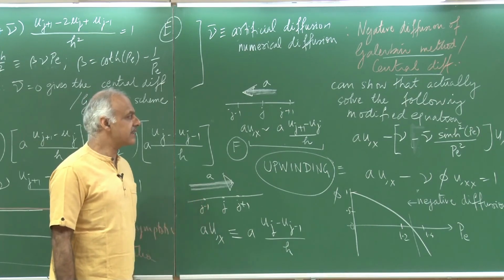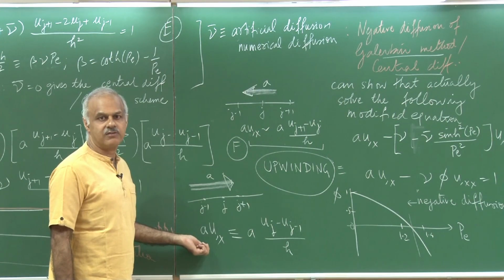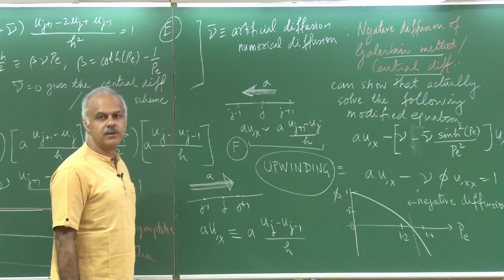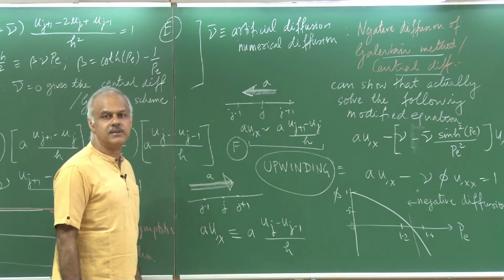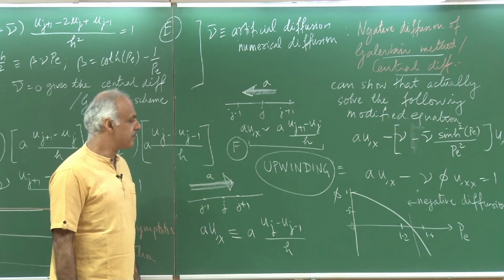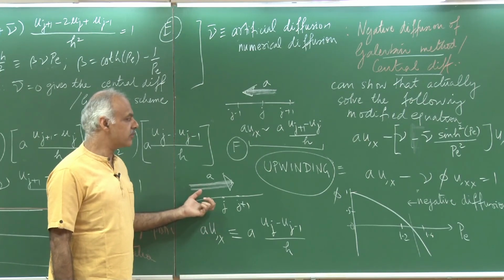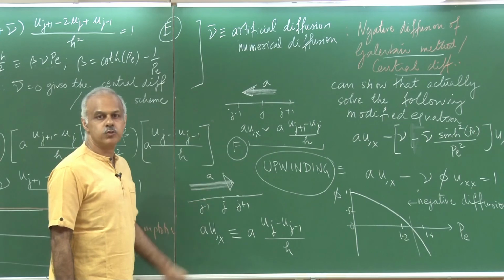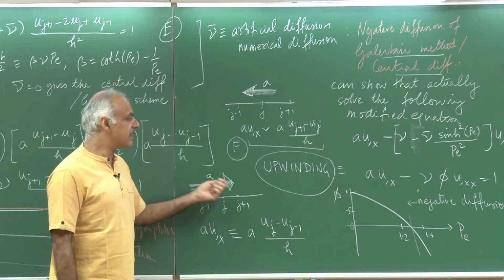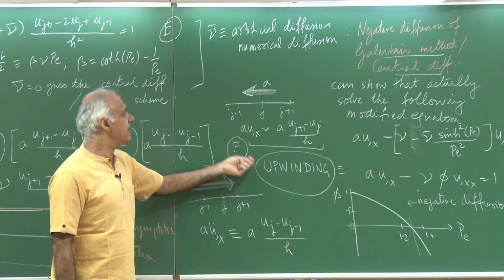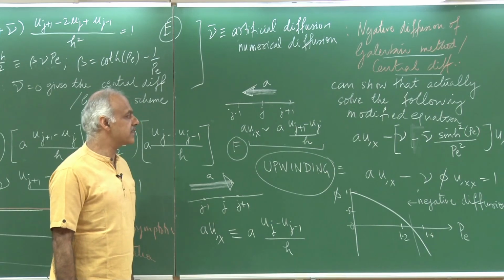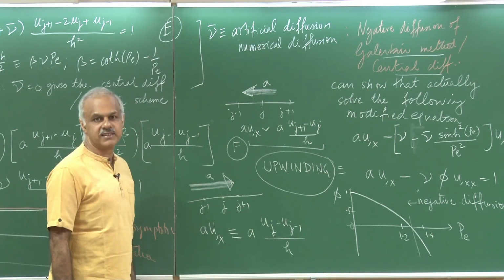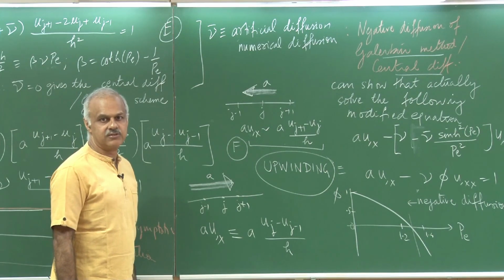The catch here is that this was a very simple case of a 1D problem where we know the exact solution. So if you go to more complicated problems, you do not know the exact solution, and therefore you cannot construct schemes from the exact solution. Okay. In the next session, what we are going to look at is how we are going to tweak the Galerkin method and take the learning from here. One is about the upwinding and the other is about numerical diffusion, and then use that to come up with a modification to the Galerkin method that actually can give you reasonable solutions.